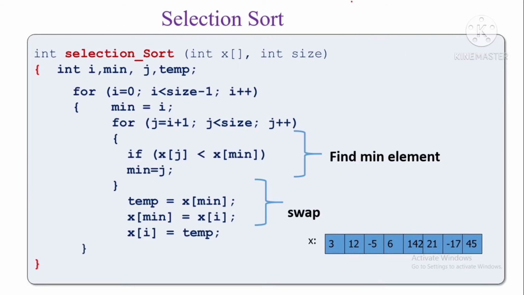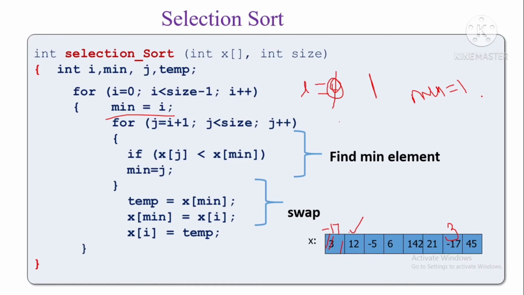Next, initially I was 0, so this will be incremented to 1, because the previous position is already done. Now I am taking my minimal position again as 1, since min is equal to 1. So I am considering this is going to be my minimal element. In the previous iteration we did this swapping. Here we are going to have the value minus 17, here we will have 3. So we have fixed this position and moved on to the next position.